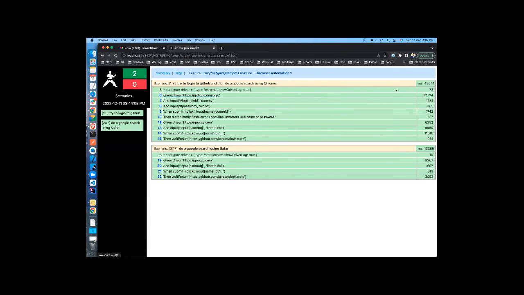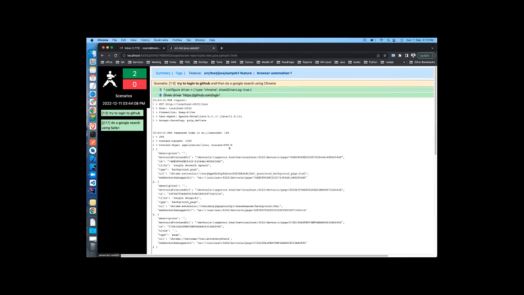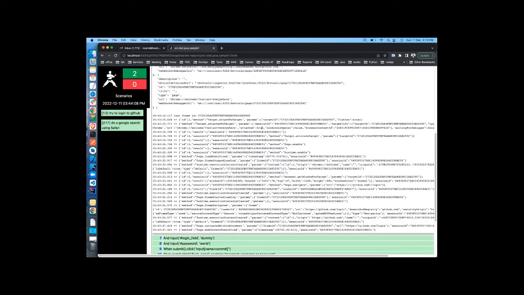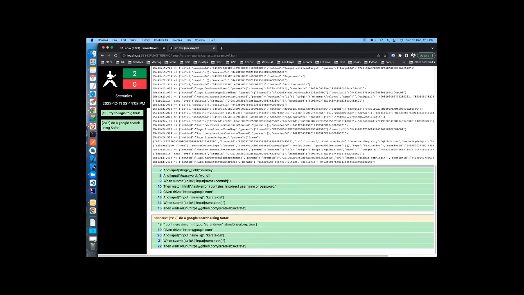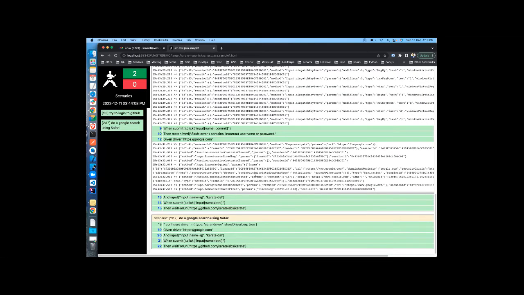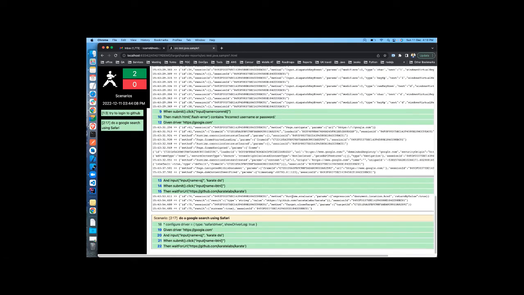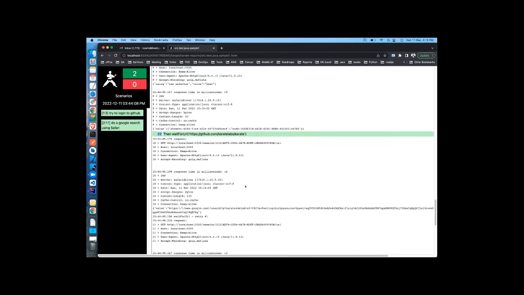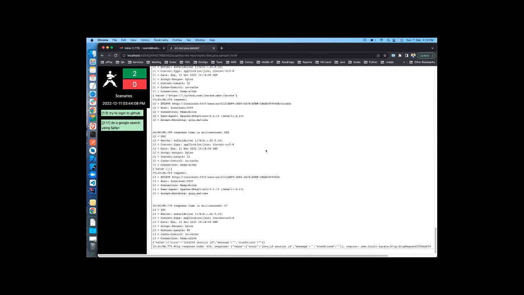The best part of the reports is you can see the time it has taken. So this is the overall time. This is a breakup for the scenarios, and you can dig into deeper level logs. Basically, it's a REST API communication going on, and you can see the URLs generated and the match or the wait you have done. Basically this is the default HTML report which Karate generates when the tests are successfully completed.